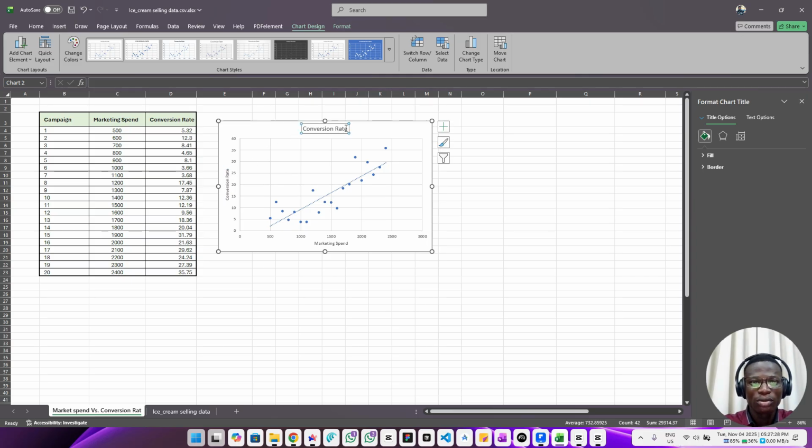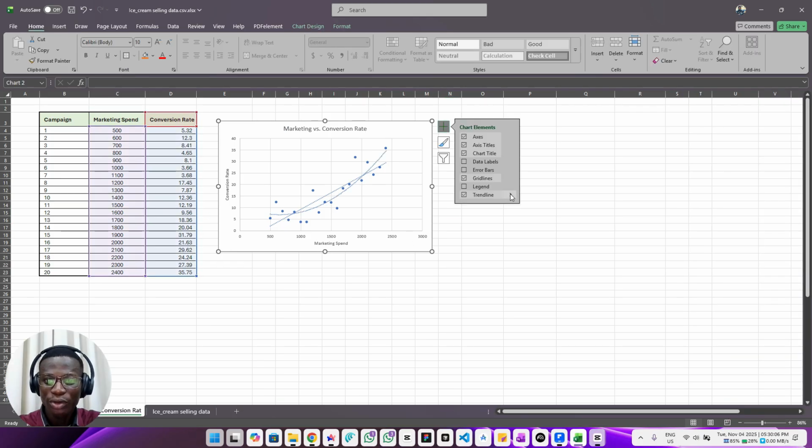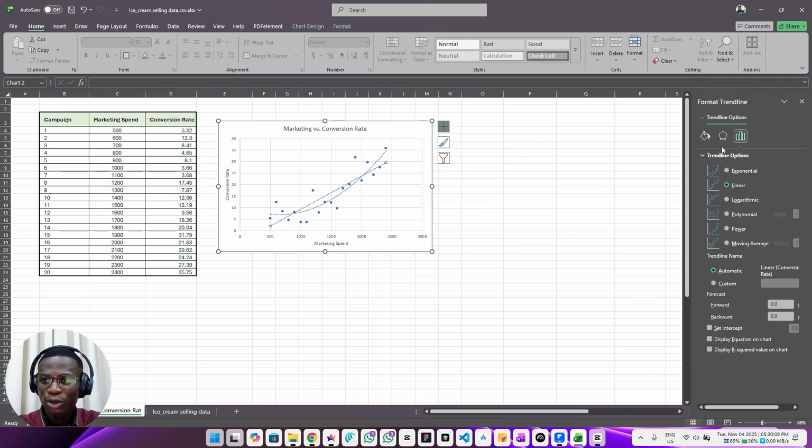So this is going to be marketing spend versus conversion rate. Okay, so if we go to trend line, more options, and if we select a polynomial with